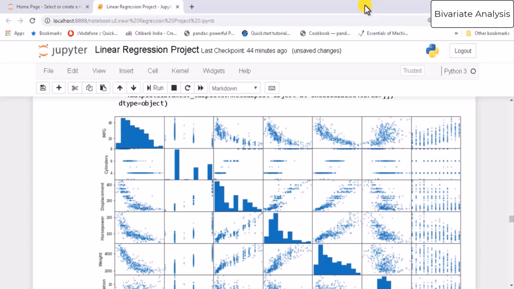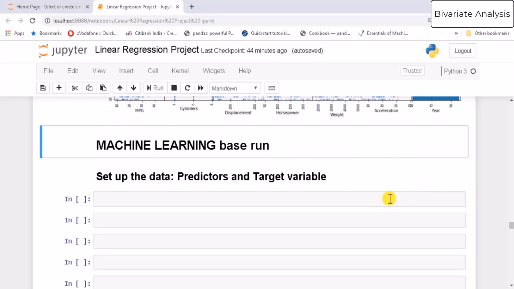So let's see what this graph tells us. As we see, scatter matrix is giving us all possible combinations of univariate histograms and bivariate correlation plots that we have been looking at so far, all in one place. So we have MPG, cylinders, displacement, horsepower, weight, acceleration, year, everything. You can check and get familiar with this. This is a very important and useful tool and you can make use of it. So as we see, we got all this information and now we are ready to set up our machine learning